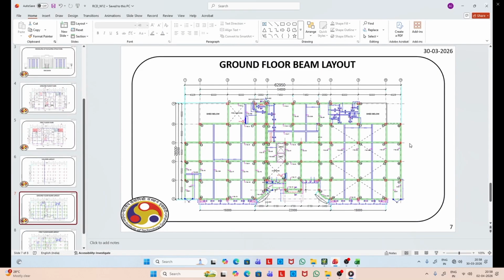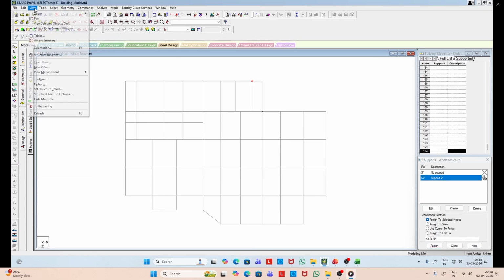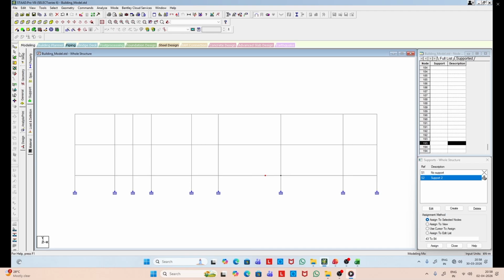Now the grid is almost ready. So you can see the complete frame is now ready.